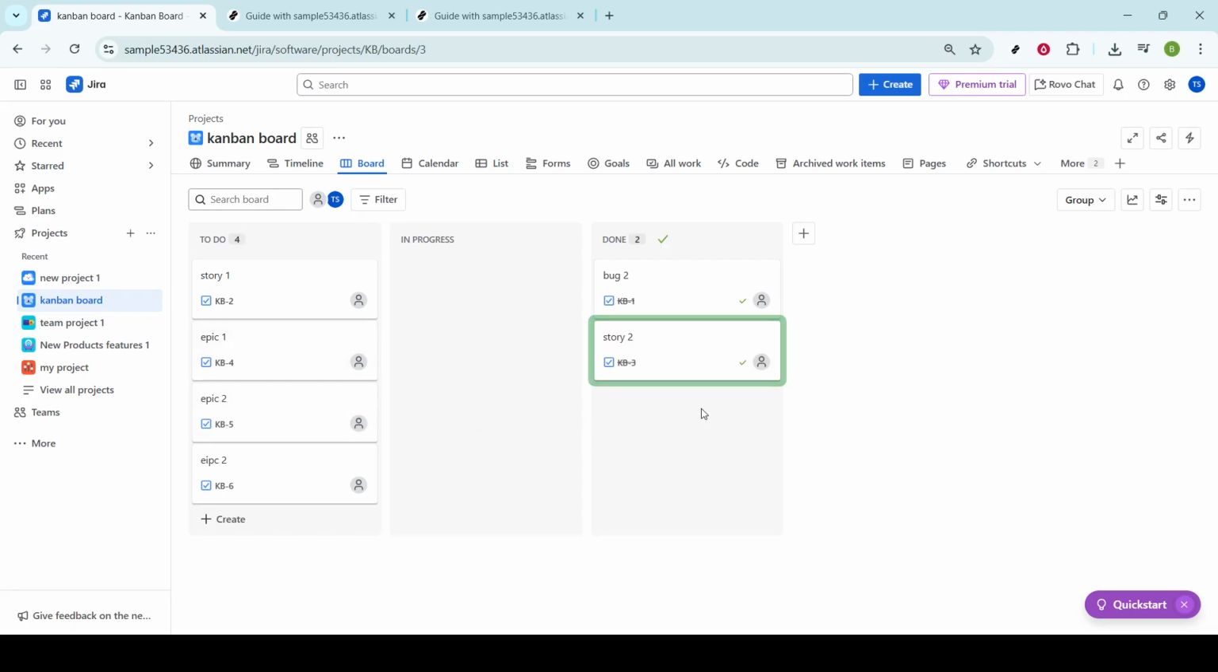Whether you decide to change the status in the issue details or drag the issue to the Done column, you now have two effective ways to ensure that your project accurately reflects the latest progress. By staying on top of these seemingly small tasks, you contribute significantly to smooth project management and clear communication with your team about what's been